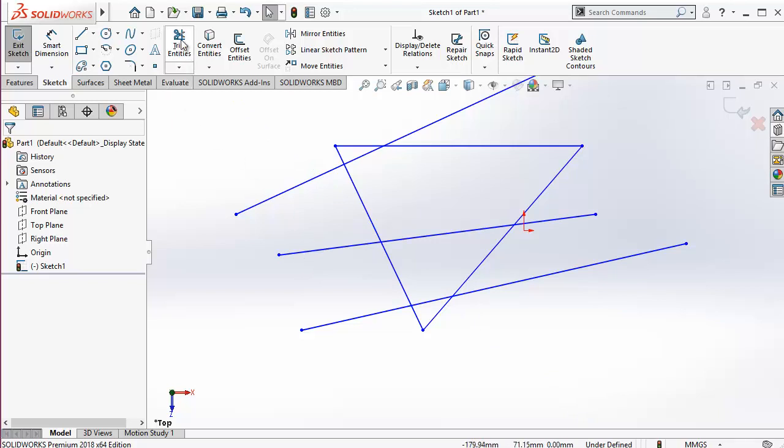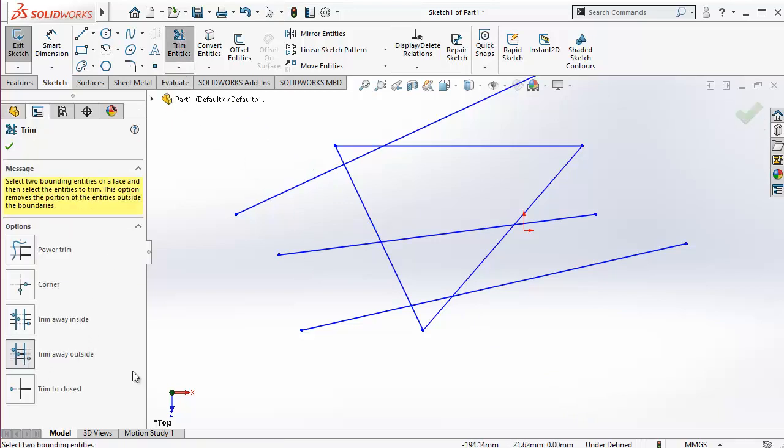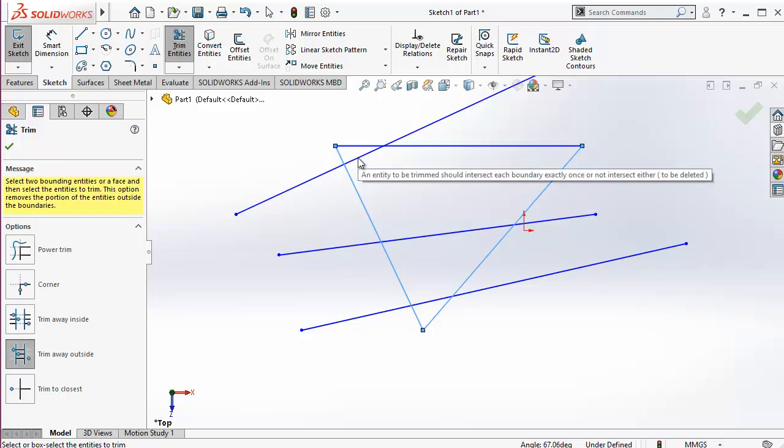So now for the next command, which is trim away outside. Again I have taken three lines. Two are running through these two lines, and the third one is running only through one line and not through the other. So first of all I am choosing these two lines, and then wherever I click over these lines, first of all I am trying to click over this line, clicking here, it's not going to trim anything out of it. Then I'm clicking anywhere on this line. Suppose I'm clicking in the middle,